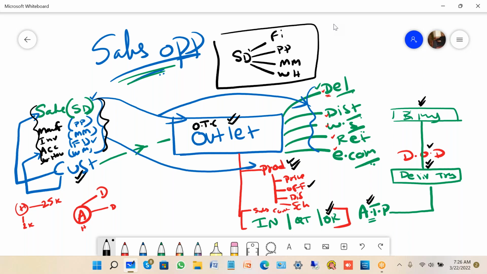So you learn the complete module SD configuration 100%, but you are also learning some part of these areas up to a certain extent, which I am teaching as extra, so that my trainee understands one full end-to-end SAP